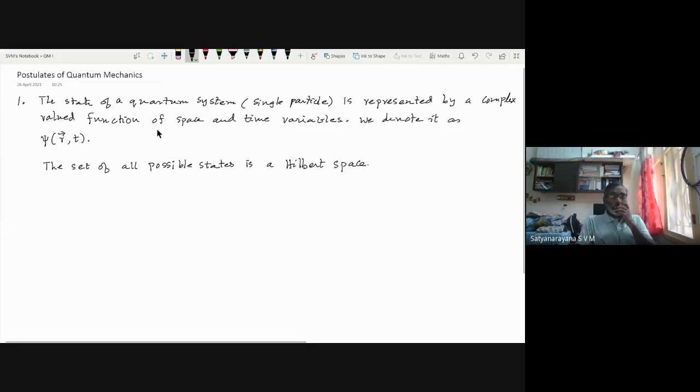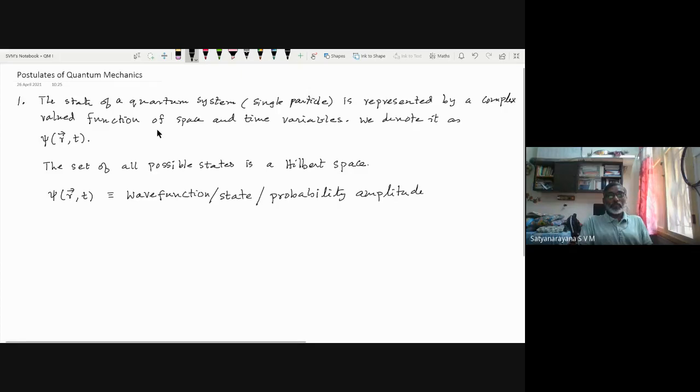So in general, of course, we know this, and we call this psi of r comma t a wave function, or sometimes simply state or state function, or it is also called probability amplitude. And it is Max Born who gave the following interpretation,